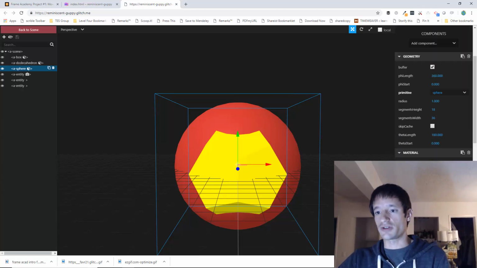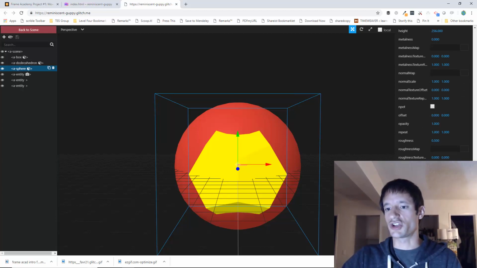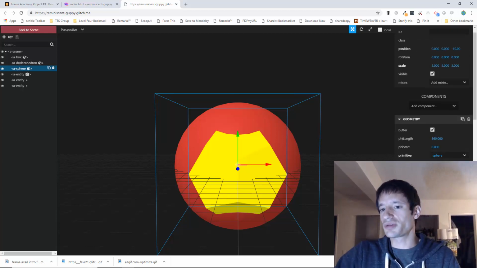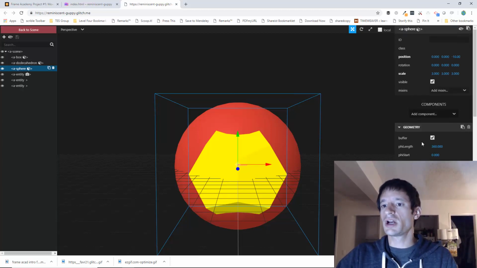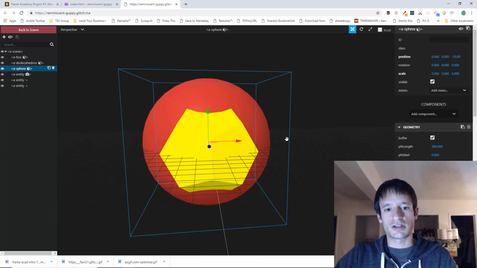I can't say that I even understand all of these, just so you know, but don't be intimidated by all these fancy looking words. They often mean something pretty simple. In any case, though, what I really want to show you is how when you have something selected, like this